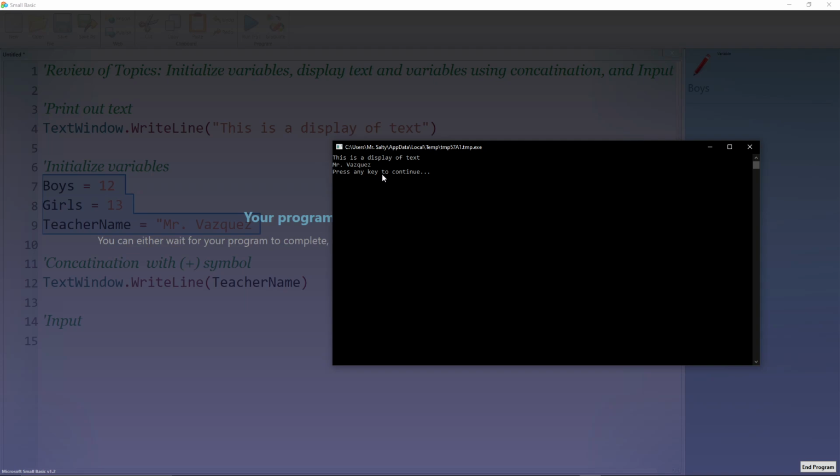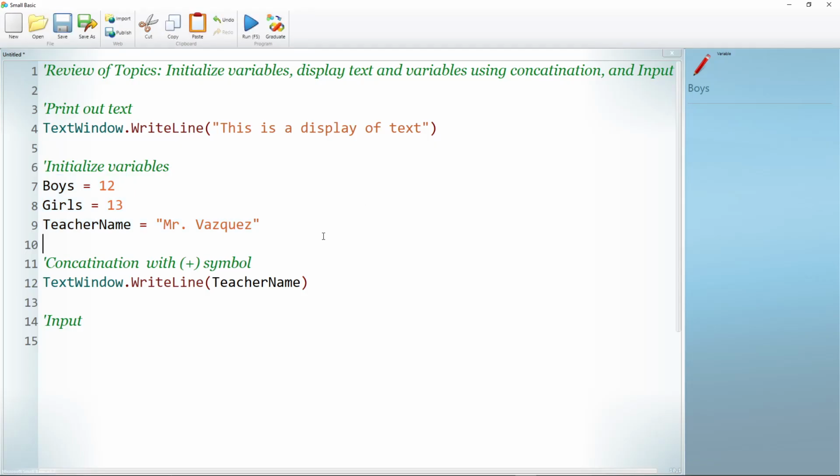So who is Mr. Vasquez? What does he want? Why is he there? Why does it say Mr. Vasquez, right? So the reason is that he is the homeroom teacher, for example. We need to specify that, because if not, everything's going to be kind of random for the person that's using the program. So let's go ahead and put homeroom teacher,